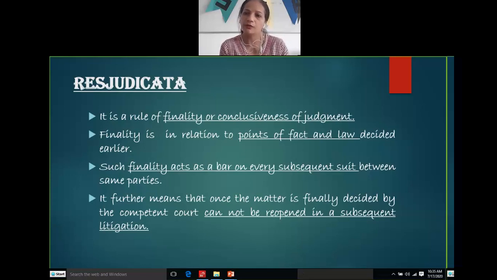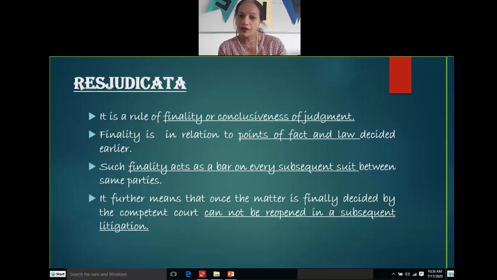Now this is a very important term. Decided earlier means what? तो res judicata में भी बिल्कुल वैसे ही ingredients we will see which were there in res subjudice, but the only difference is in res subjudice there was a suit pending between two parties before the same court, but यहाँ पे the earlier previously filed instituted suit is over, has already been decided, and later on we subsequently file another suit.